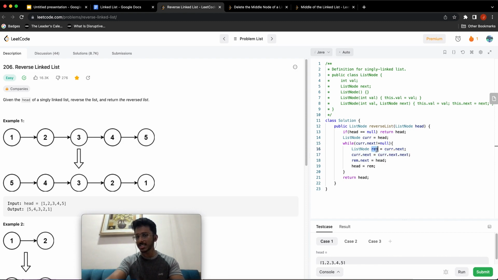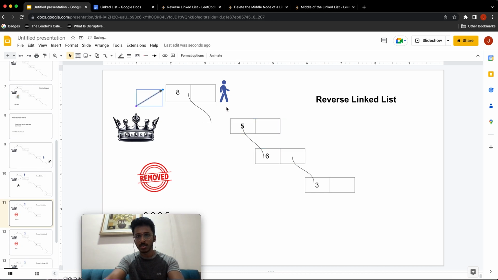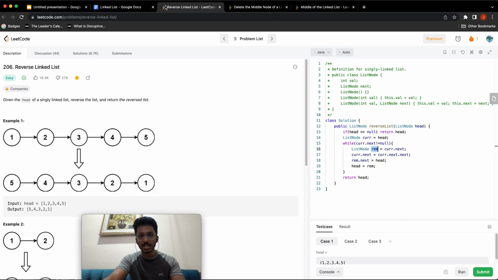Okay, what do we do next? The removed value will point to the head node, that is 5 in this particular case initially. Similarly, then the head will point to the removed node. This process happens for all the five elements. So at the end, the complete array is reversed. Okay, let us run this